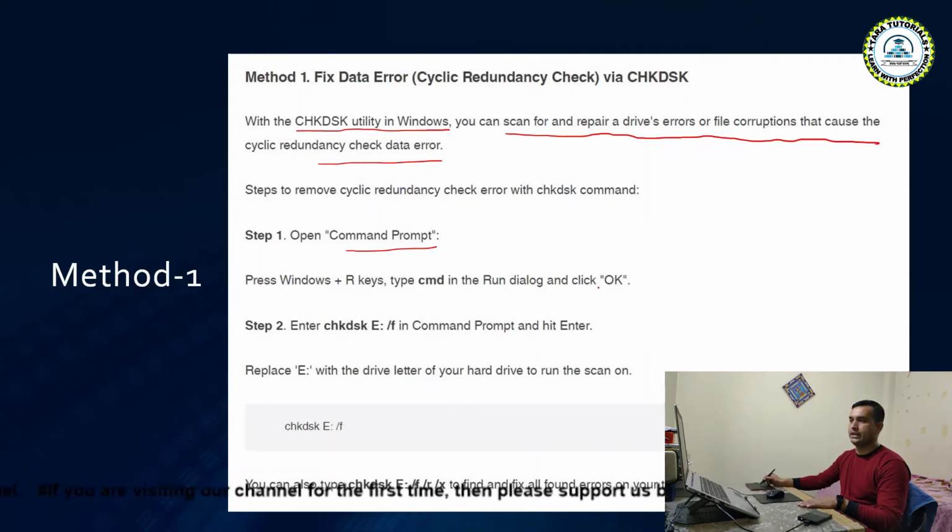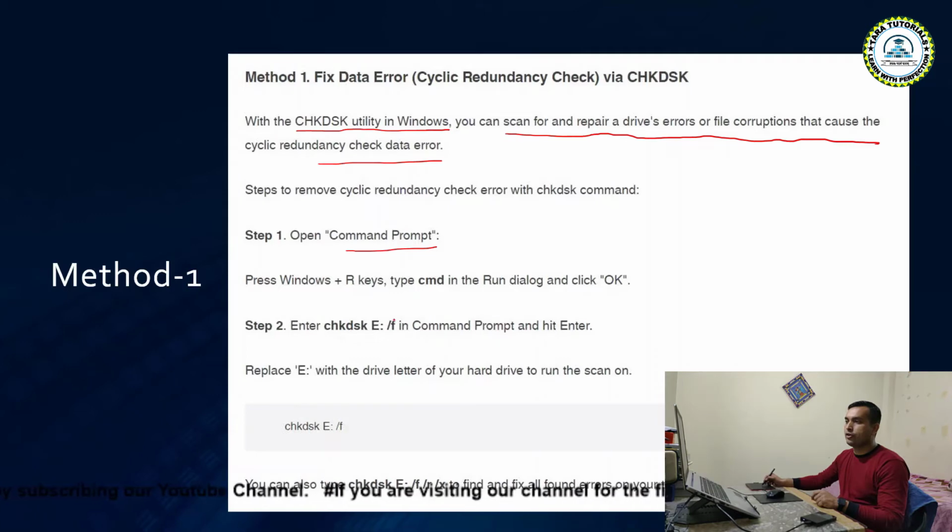and then press OK. Then in step 2, you have to type chkdsk, space, then the drive name. Suppose you have 3 partitions of the internal disk drive, and you connect an external drive, then it will be the 4th partition. So it will reflect as C, D, E, and by default the external drive will reflect as F. But if you have a problem with an internal disk partition, then you can choose the internal disk partition also. Followed by that, you have to give the parameter name.